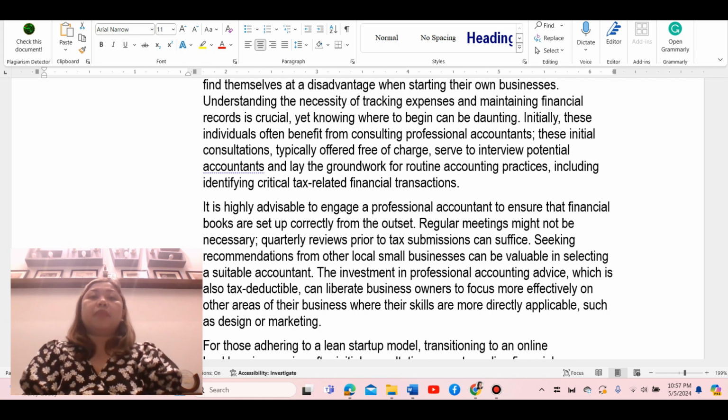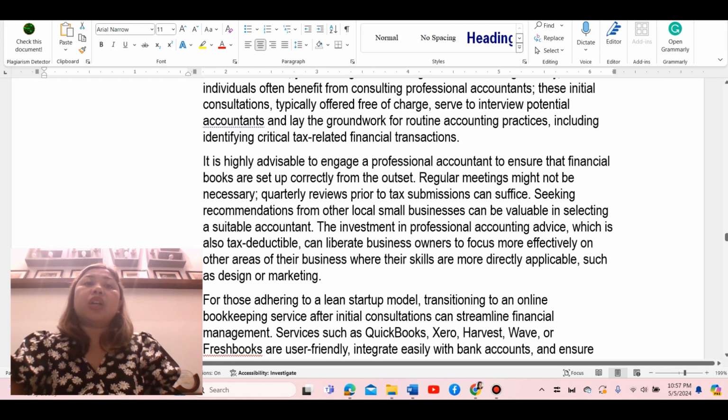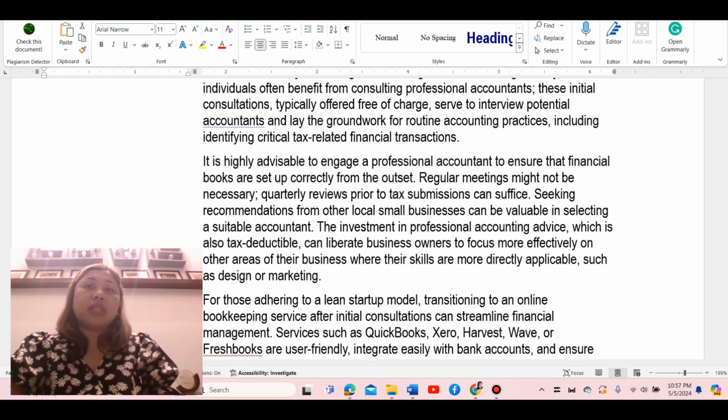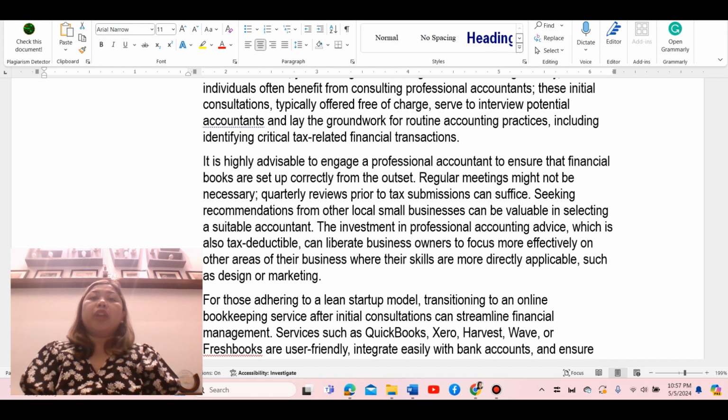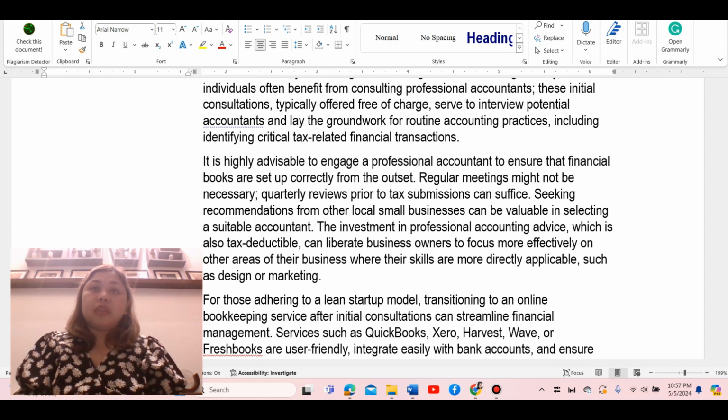It is highly advisable to engage a professional accountant to ensure the financial books are set up correctly at the onset. Regular meetings might not be necessary. Quarterly reviews prior to the tax submissions can suffice. Seeking recommendations from other local small businesses can be helpful in selecting a suitable accountant. The investment in professional accounting advice is also tax deductible,